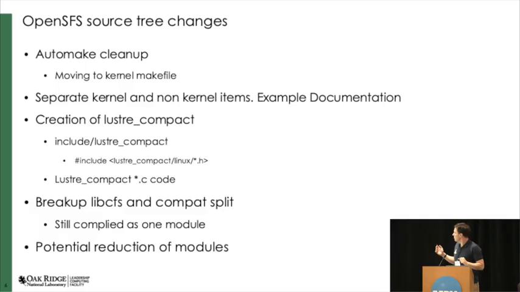We've also broken up a lot of the libcfs and compat stuff. libcfs had not only the debugging infrastructure, but also all this old kernel code support stuff. So that has been pushed out. It still compiles as one module, and there's much discussion about how to handle that. We haven't figured that out. Should we make that a separate module? But then some people say no, it should be built into libcfs, even if we do the native client.